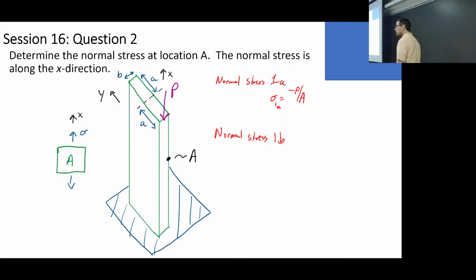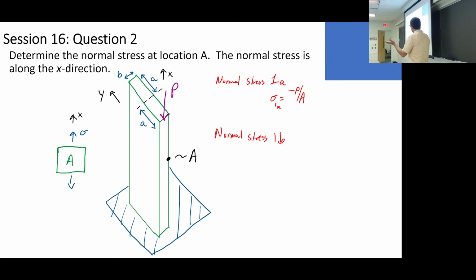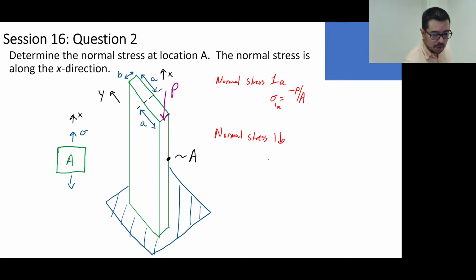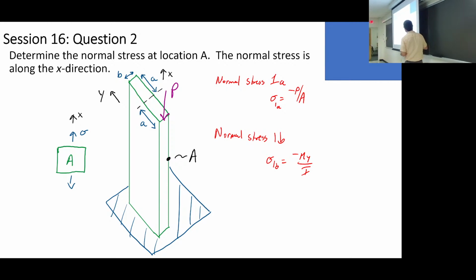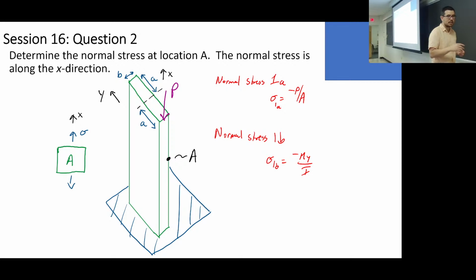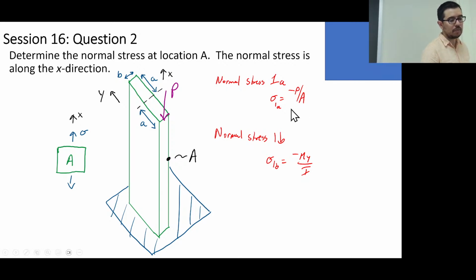Yes? Is it due to the moment that's created, E times A? Yeah, all right, okay, so let's bring out the bending formula, and we'll say that sigma 1b somehow magically is related to negative My over I. And then you start to think, if I move P to where a would be equal to 0, or y equals 0, assuming y starts off at this midline right here,